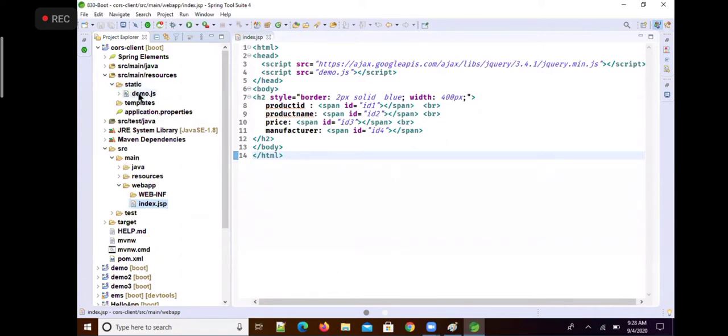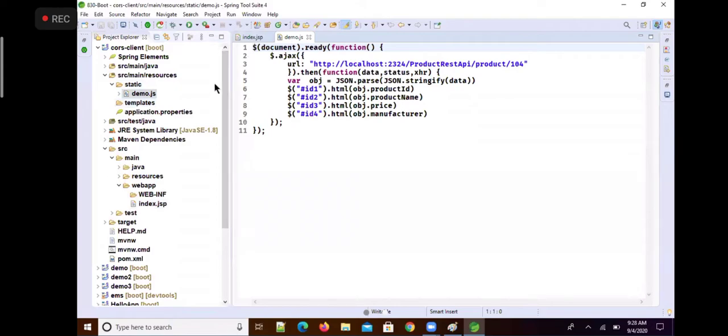In the static folder, I have a file called demo.js, because when you are creating any Spring Boot project, I mean any Maven project, you have to keep the JavaScript files, CSS files, and images all under the static folder. Now in the static folder, we have demo.js. This is my JavaScript file.